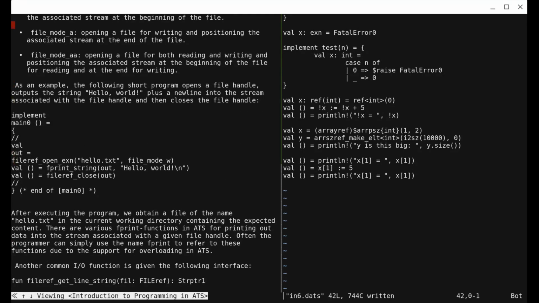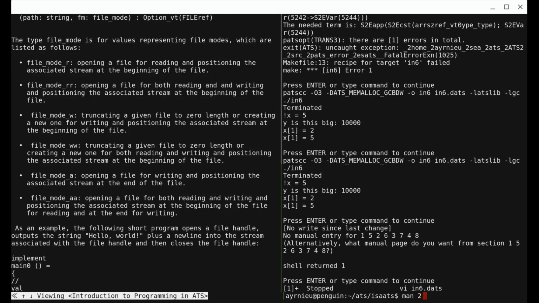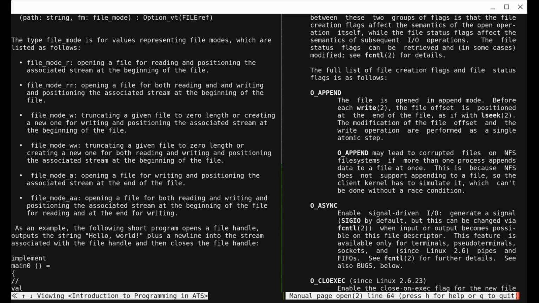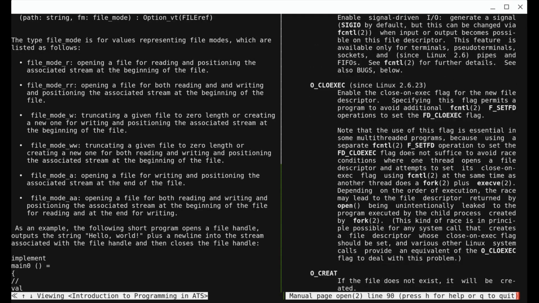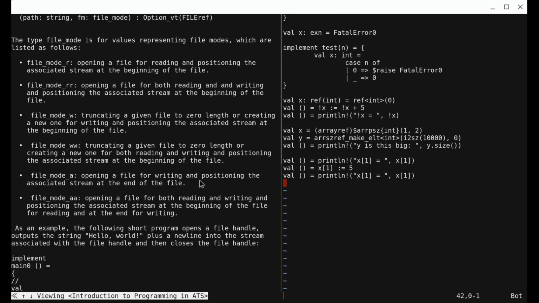One thing to note is you don't have strings, like it's not double quote r. You have these specific types. And this is how I imagine you'd handle options. There are lots of options in C interfaces, like man open. The underlying syscall has all these options: O-append, async, close on exec. And these are constants that you OR together to get basically a bit array that says all the options you want. But in ATS, you have, in this case, an exhaustive list of options that just have all